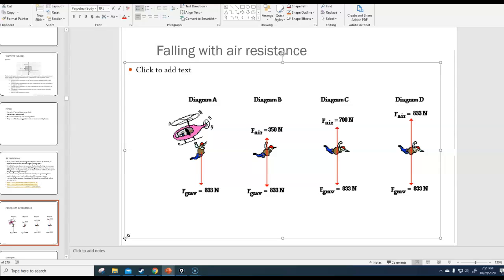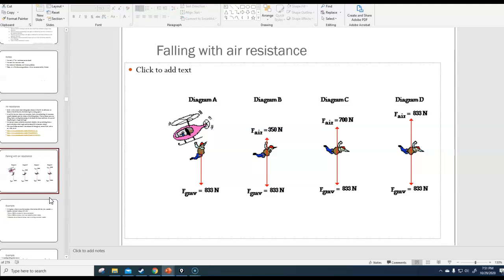Okay? And this is something that Mythbusters actually tested out if you want to look that up on YouTube. But that's basically the concept of falling with air resistance. And so the only problems that you would see on an IB exam related to air resistance are problems like this that we're going to see, where it's really focused on what's happening at one moment in time in the